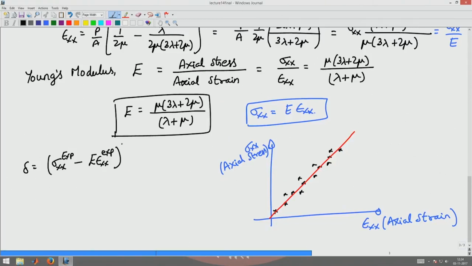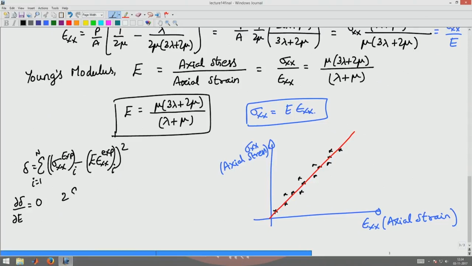This I want to square and sum for each ith value of the stress and ith value of the strain that I am estimating, for each of the n number of experimental data points that I have. Okay. So, i equal to 1 to n, I define this as the error measure. Then to find E, I want to minimize this error. So, I say dou delta by dou E has to be equal to 0, which will give me essentially